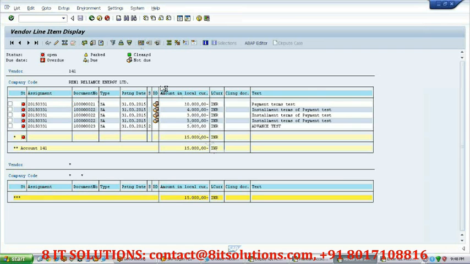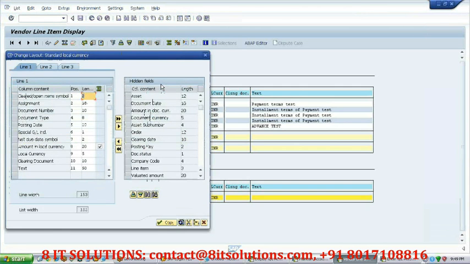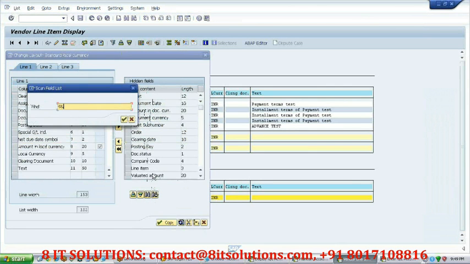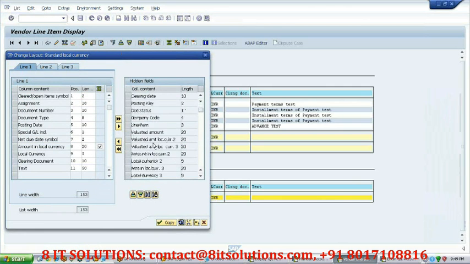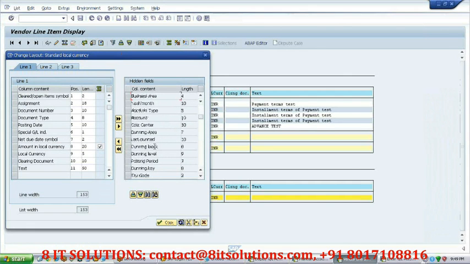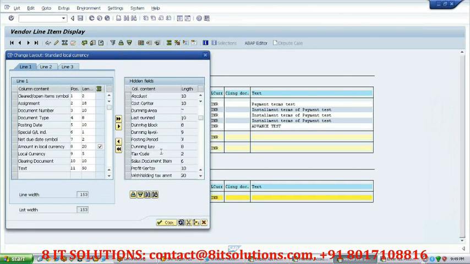advance to vendor. We can go to the layout, and from there itself we can change the layout, and we can also check which GL account got updated. As I have already shown you, let us also check one more time. Then we need to find out. It should be G stroke something like that.